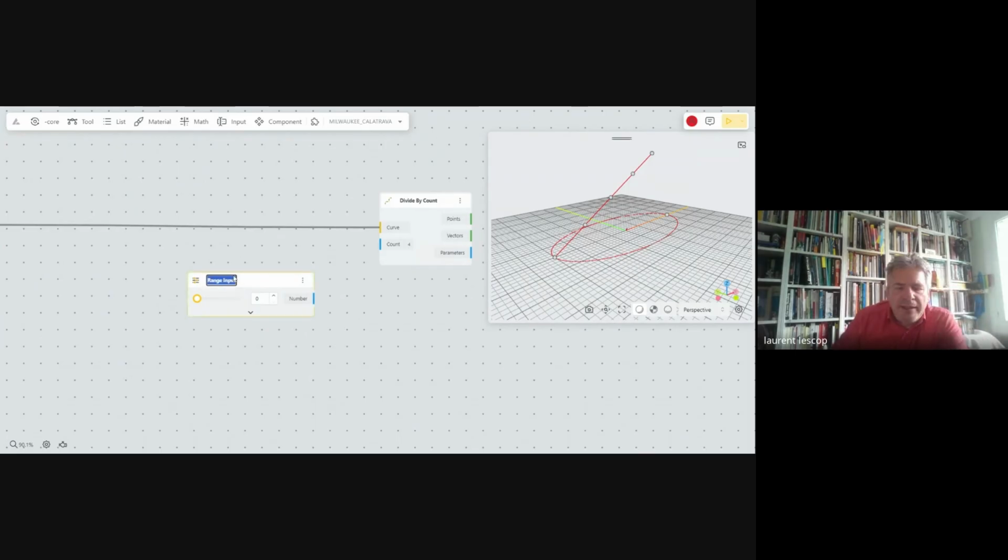So for this range, I would put division, or number of bones in this structure.